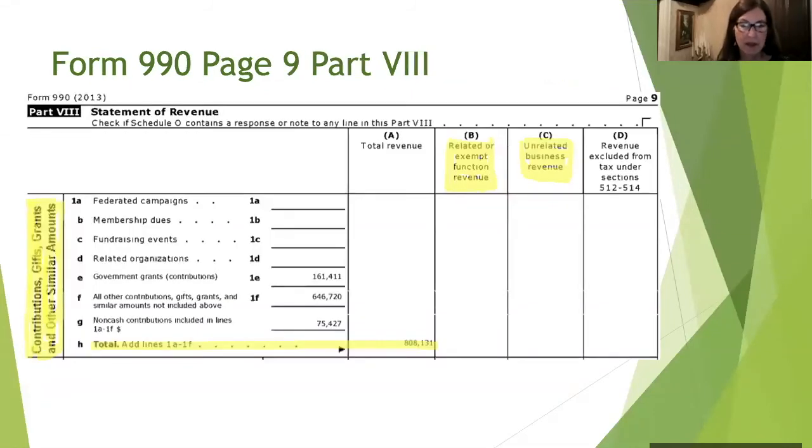Next. All right, so here we start in the financial information. The first section of the financial information has to do with contributions. Who gave you money, and why? The money that you receive is important because they're going to ask you why you deserve to be a 501(c)(3). And the main thing is that you're